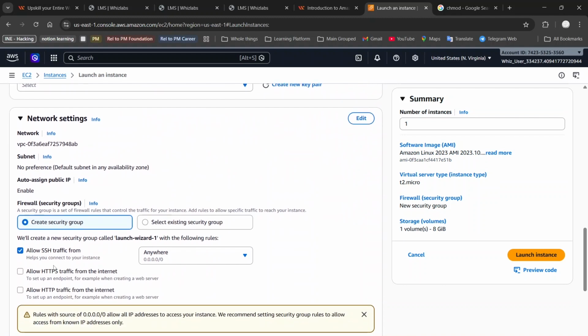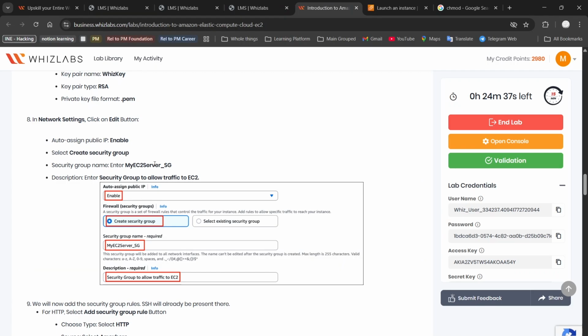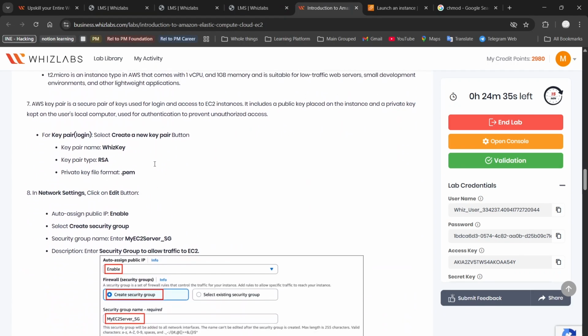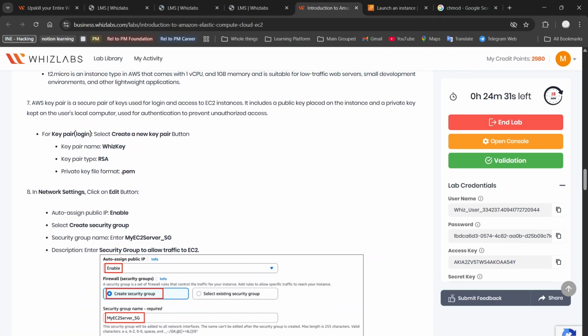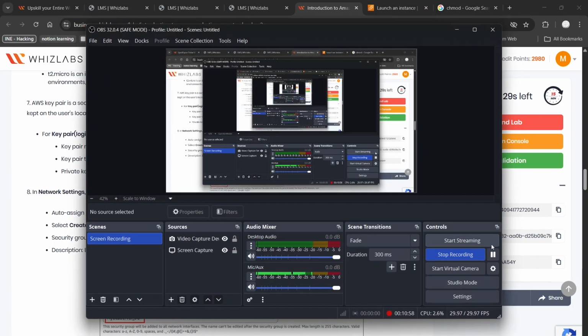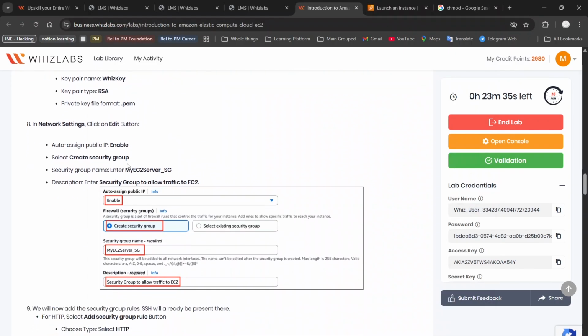Then here I have to create, I forgot to create a key pair. First I have to create the key pair, then I will move up. First create the key pair, then we are going to create the